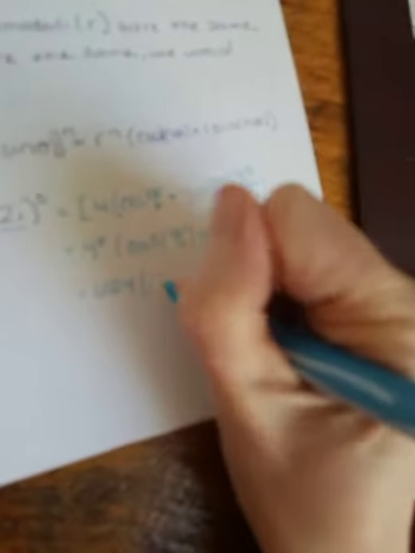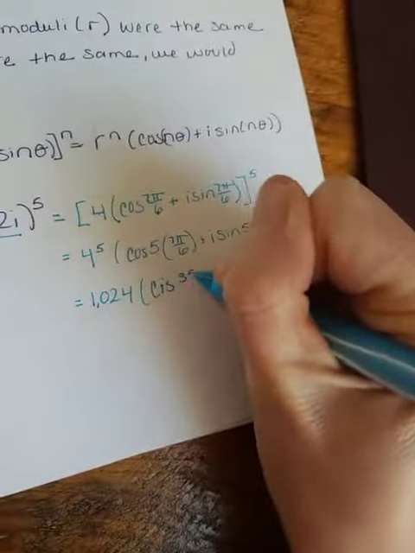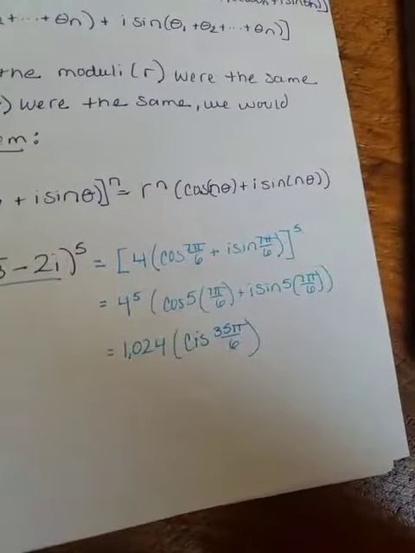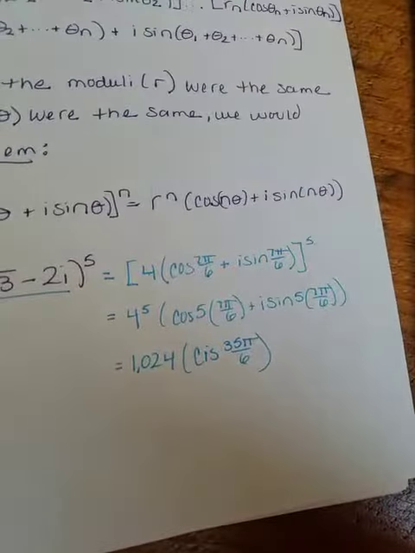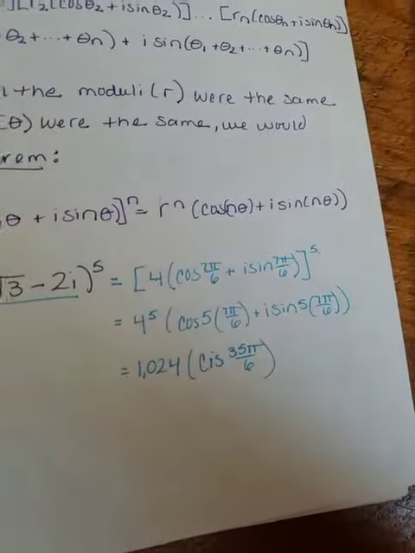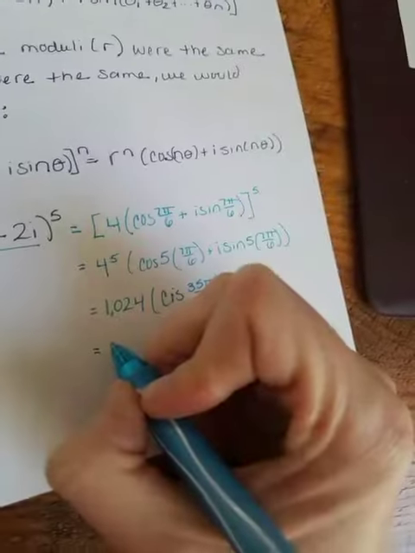If I do that out, I'll just do it shorthand here, cis of 35 pi over 6. So 35 pi over 6, where's that going to land you? Quadrant 4. Yeah. Okay, so if I evaluate this, I have